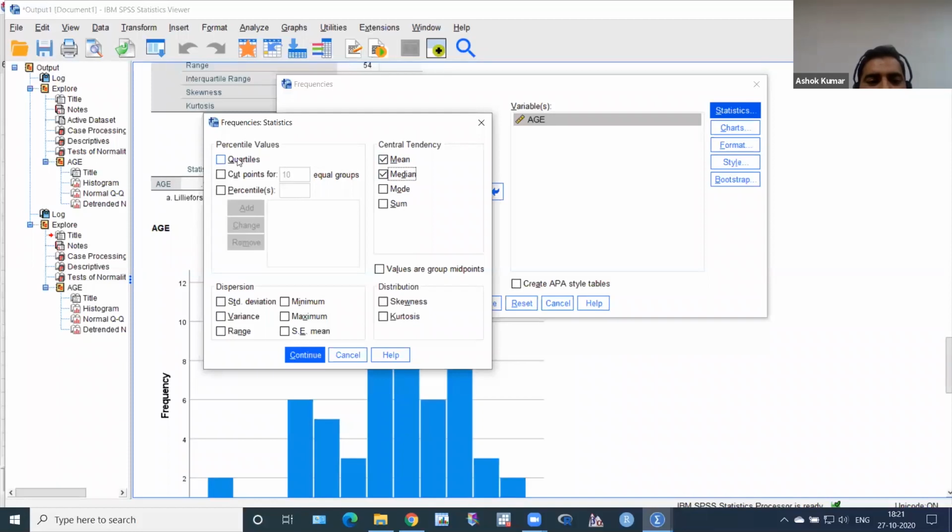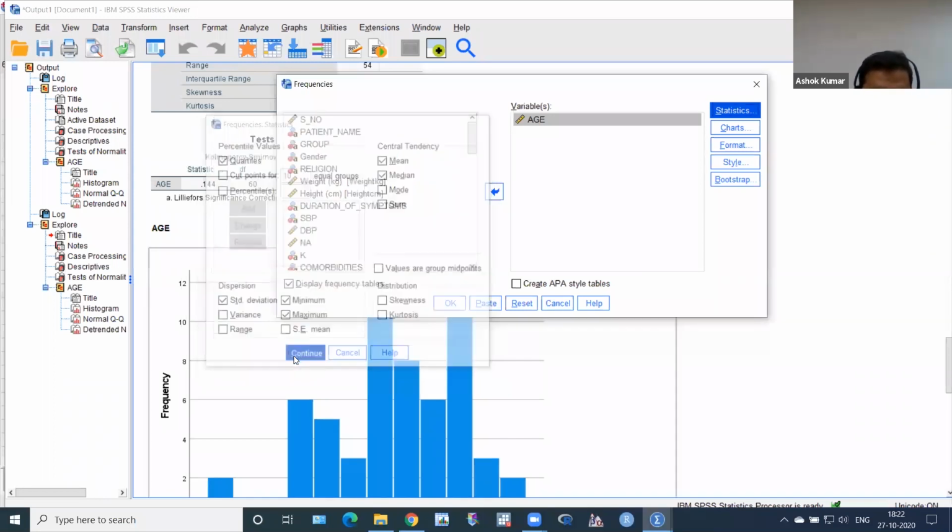Mean, median, standard deviation, minimum, maximum, I already got in Explore, but I did not get the quartiles, so I click here. You can also get skewness and kurtosis, which we will discuss.